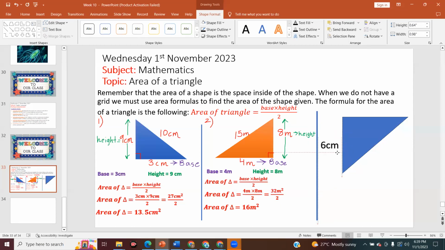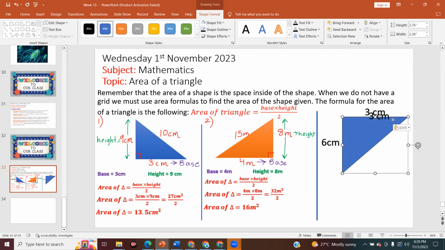Let's say that this one was 6 centimeters. Let's say that this one was 3 centimeters. Let's say that this one was 9 centimeters. Okay. The first thing that we need to do, let me change the color, is we need to